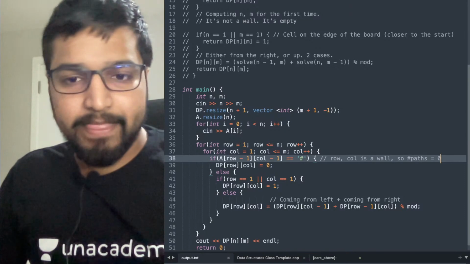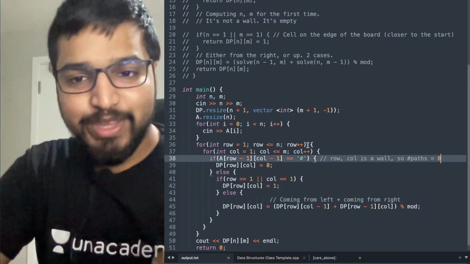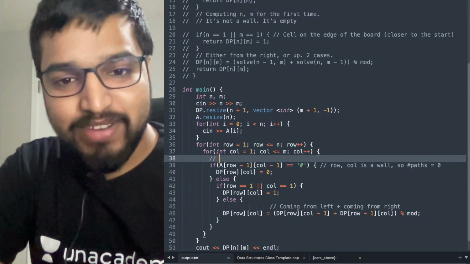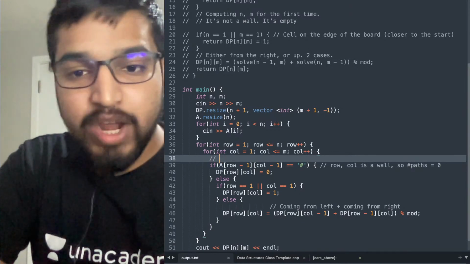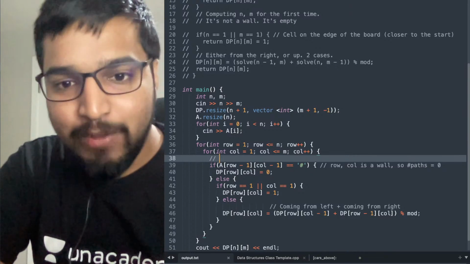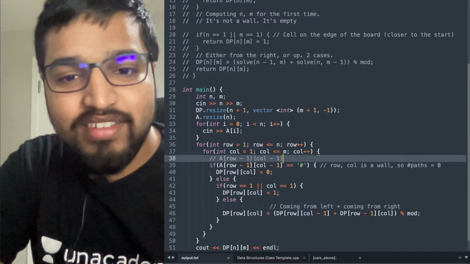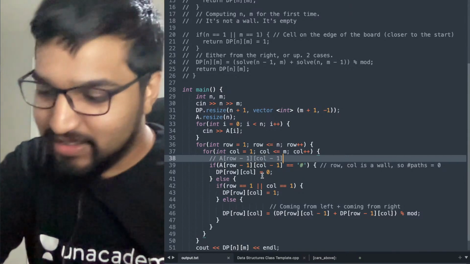okay. It's not okay. So here when I write, this is not the top left. This is not the top left. Row 1 at column 1 in A is A of row minus 1 and column minus 1. So